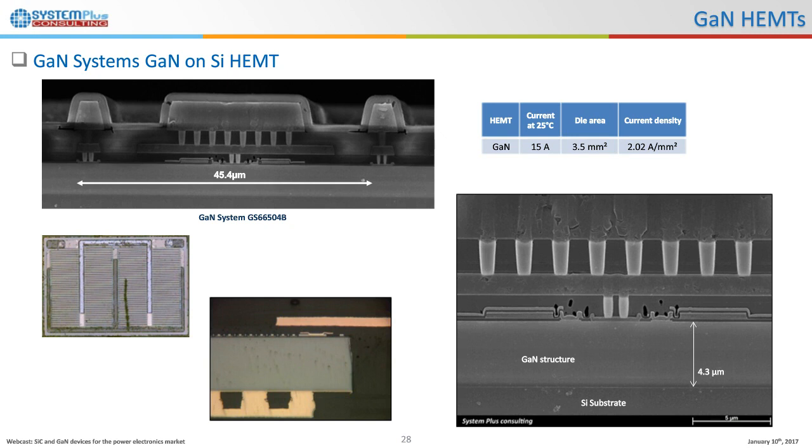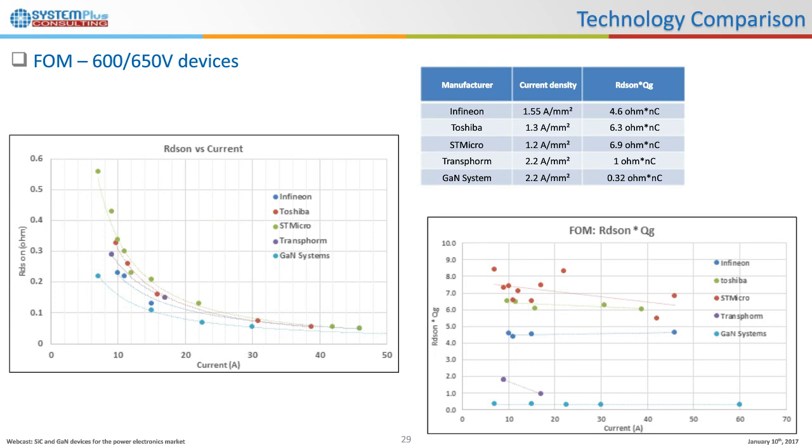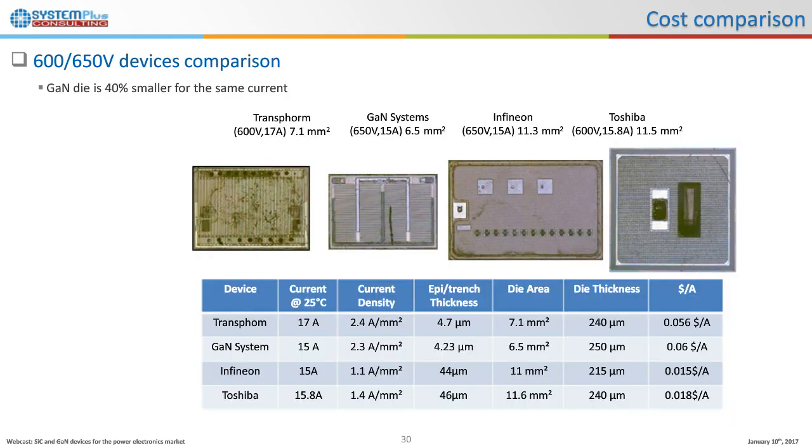If we compare the three types of device, the silicon with the deep trench, the two types of silicon devices, and the GaN devices, from the technology point of view, here you see the results. Obviously, the gallium nitride devices have better performances at low currents for all the 5 examples that I show you. Then if we compare them from the point of view of cost and device size, here we see